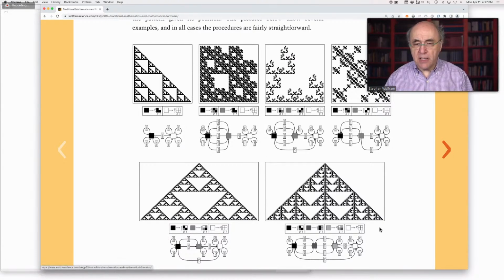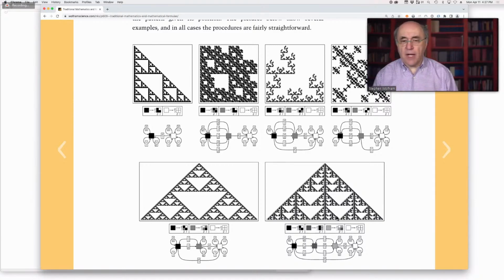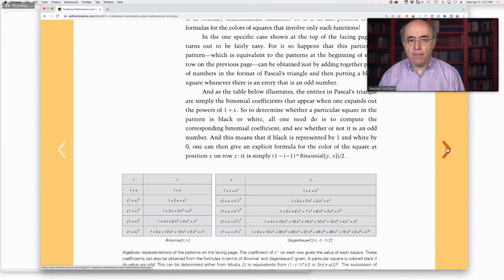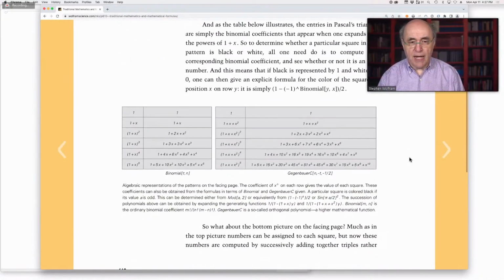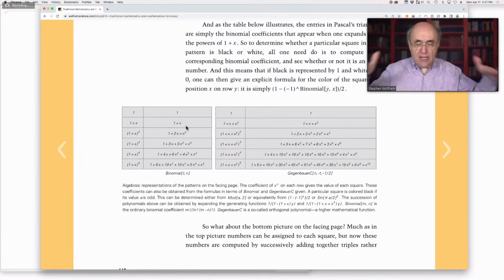But the basic point is, there is a sort of mathematical formula that, given the coordinates, will give you the color of the cell for a nested pattern. Okay, and then I talk about the mathematics of nested patterns, and I point out that, for example, for Rule 90, the standard Sierpinski picture, the actual things you get correspond to Pascal's triangle mod 2. And that corresponds to binomial coefficients, just the coefficients of expanding 1 plus x to the n.